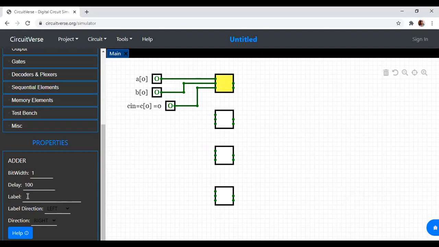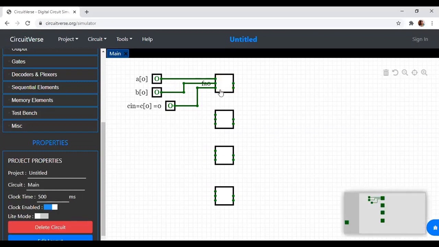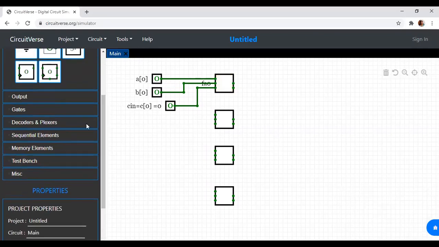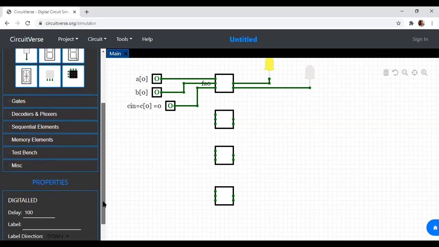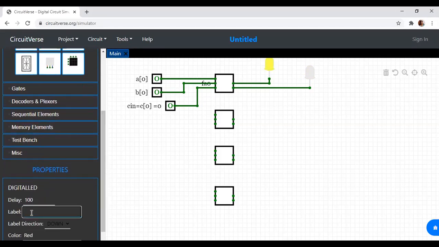Now this is what? This is full adder 0, 1, 2, 3, anything I can give. I'll give full adder 0. This box is going to give 2 outputs. What is the first output? One is S of 0. I don't require C out over here. Even if I keep it, I'll just connect this, and I can connect this also. But for verification, I don't require this. So this one, let me make this as S0, S of 0 which we have.